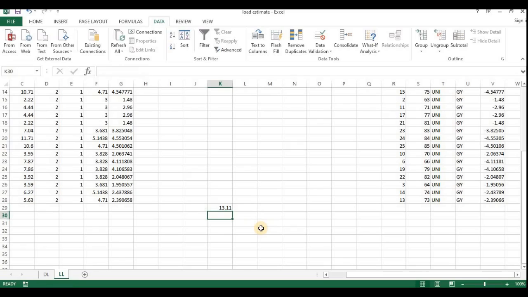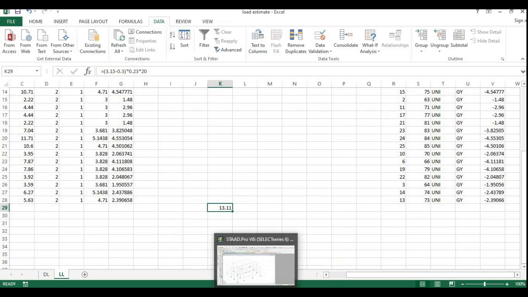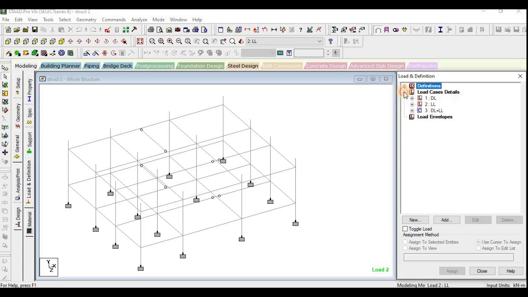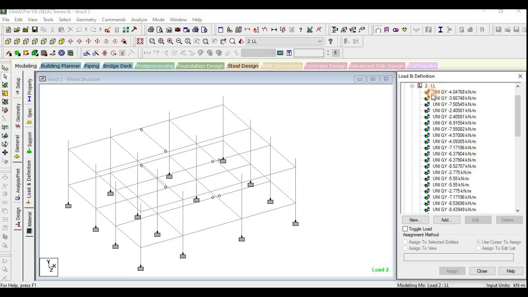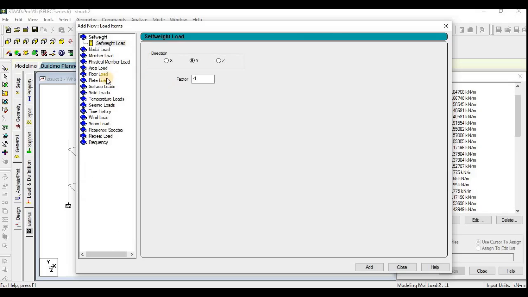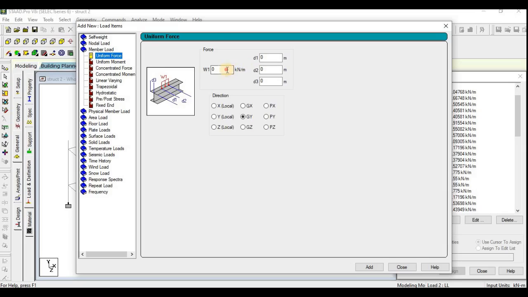This is the load for every wall, per meter length. So you can directly apply it in STAAD. I shall add member load, uniform load, it is minus 13.11. Just add it.